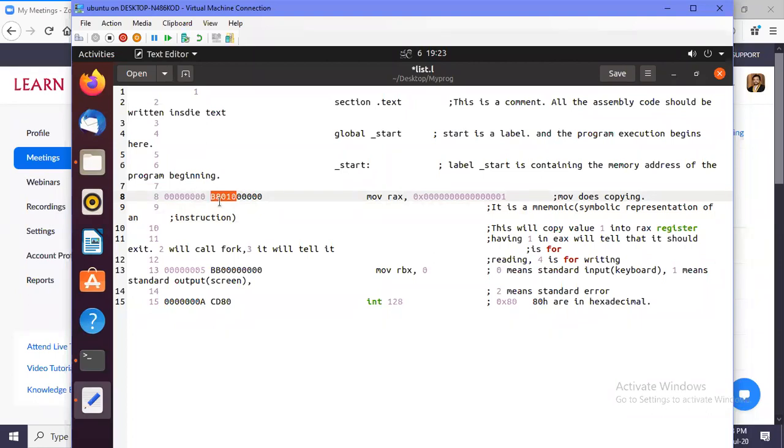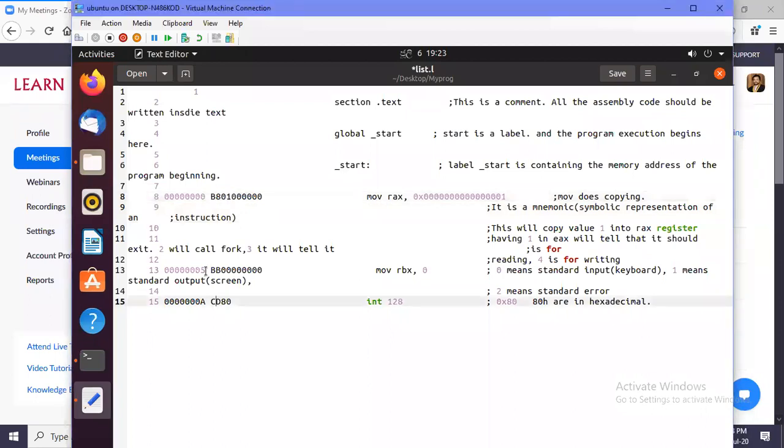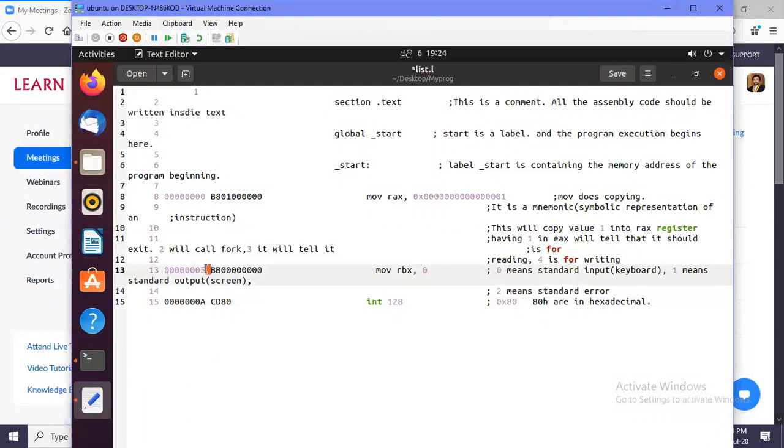As expected, since this has 5 bytes, the next memory address begins at position 5. After 5, this one is there.